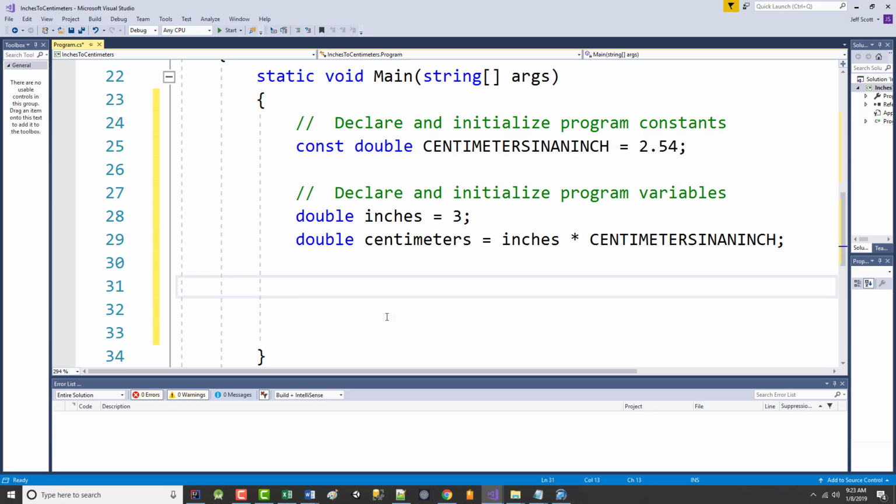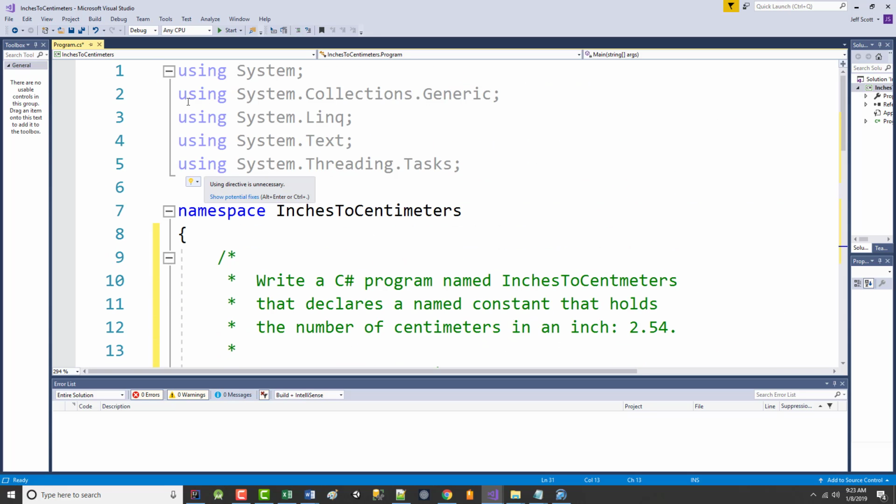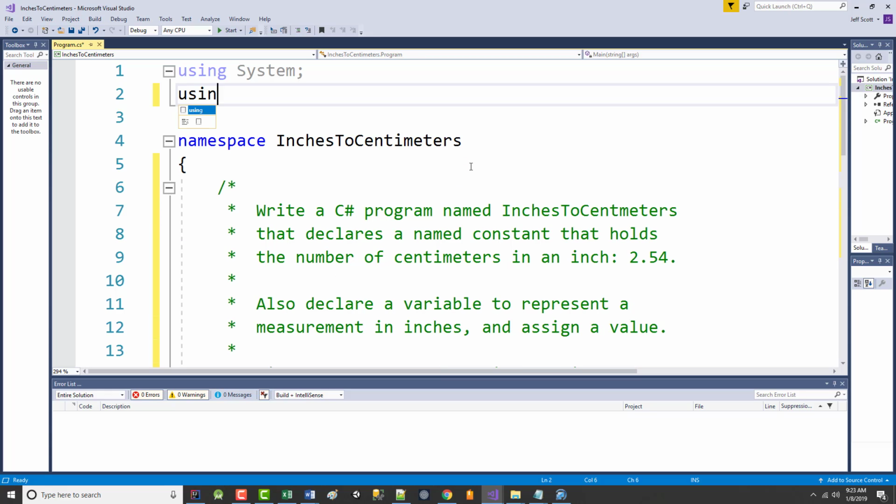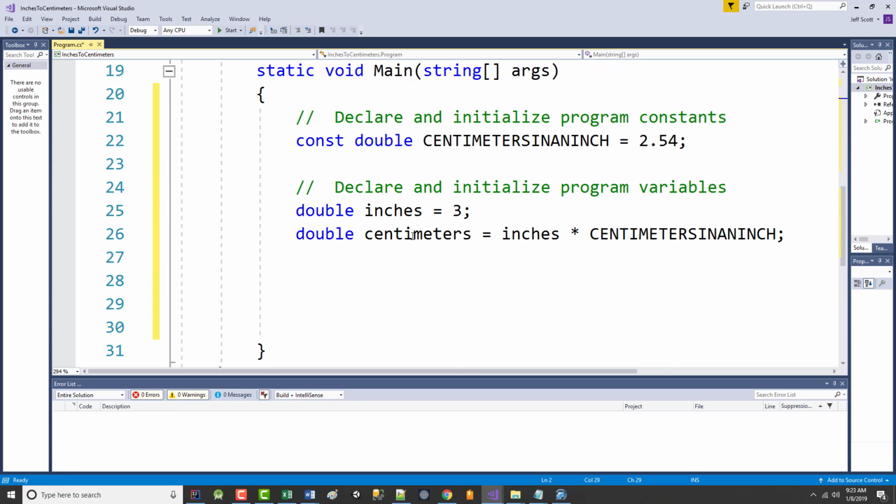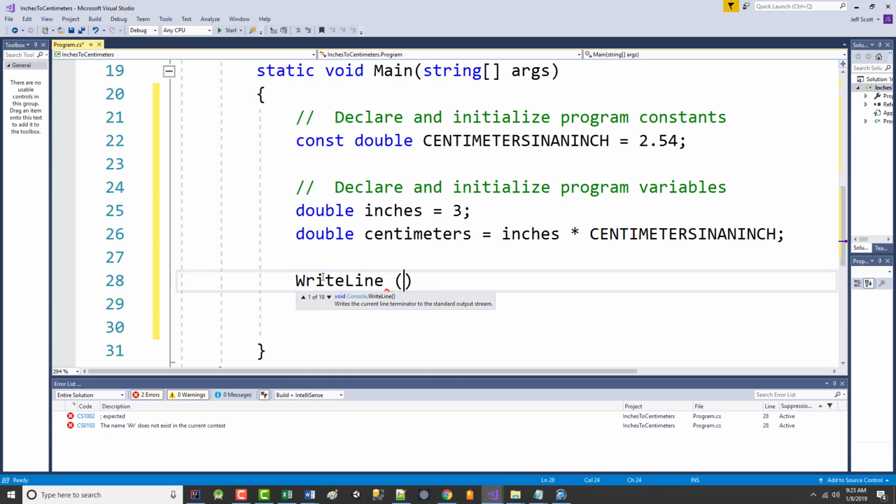Now, all I need to do is put in my WriteLine statements. Before I do my WriteLine statements, stop typing and look on the screen, please. Before I do my WriteLines, just get used to, for now, getting rid of these and just put in your using static System.Console statement. All right? So now it becomes just 3 WriteLines. In fact, 1 WriteLine will work. WriteLine